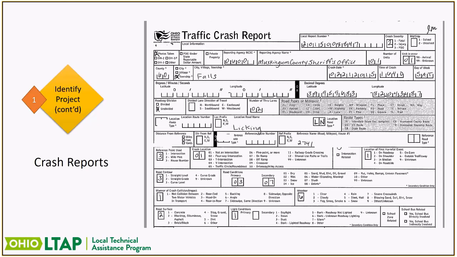You don't have to worry about any personal sensitive information in there. Also, the crash reports are where you can get the names of the officers who have responded the most often to the crashes that are occurring in the area where you're going to go do your RSA. And that's important because that's how I found the members to invite from law enforcement for our teams. I've pulled crash reports for areas, and then I'll go through the actual crash reports and see who the officer was that filled out the report. And if their name comes up over and over again, then that's the person I want to invite to be part of the RSA team because they've responded to multiple crashes in that area.